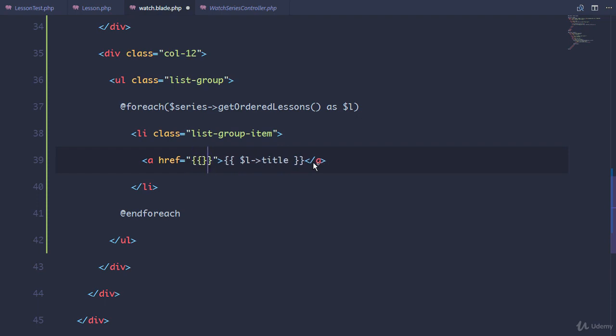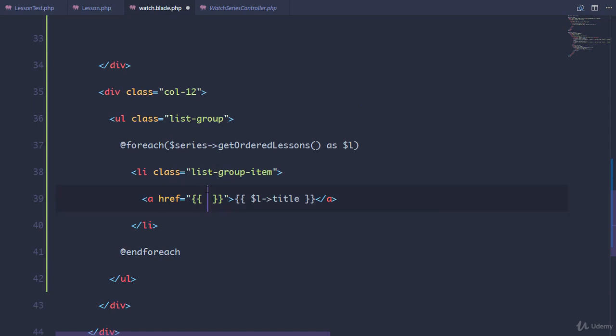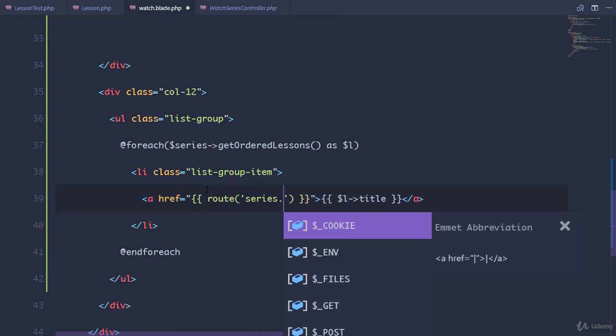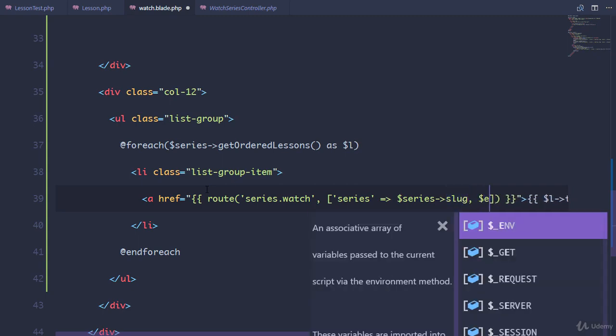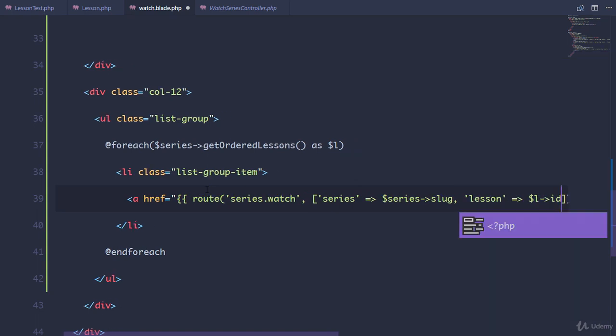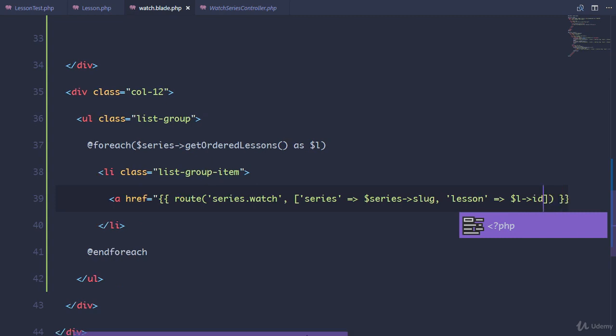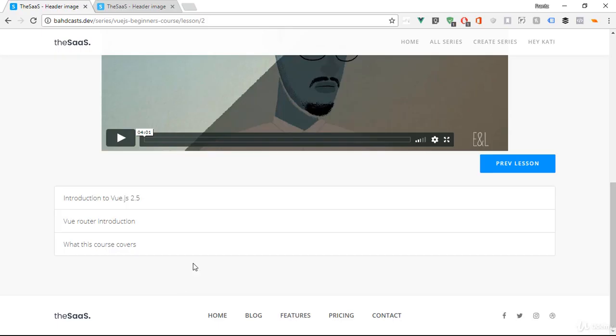So we can echo out the route to watch this particular lesson, which is going to be this route: route series.watch. Remember, we're passing in the series, which is series slug, and we're passing in lesson, which is L id. So when the user clicks on that, he should actually visit that page to watch that lesson. Refresh,